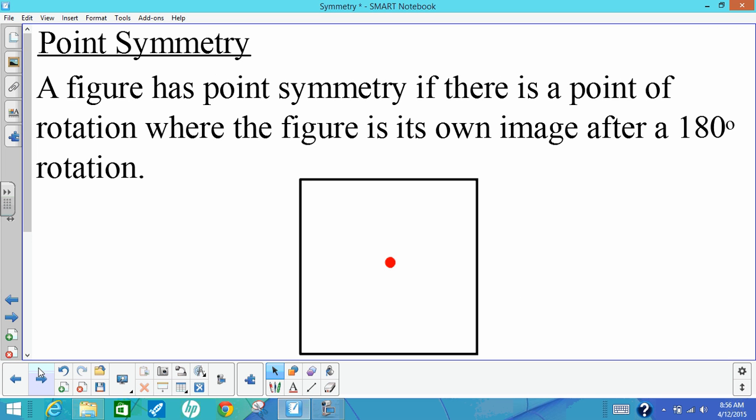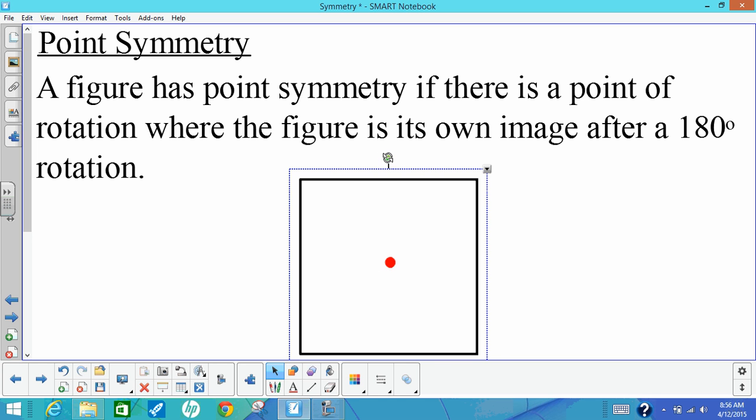Another type of symmetry is point symmetry. So a figure has point symmetry if there's a point that you can rotate the figure around 180 degrees and the figure looks the same. So for example, this square, if we rotate it around this point, which is right in the center of the square,